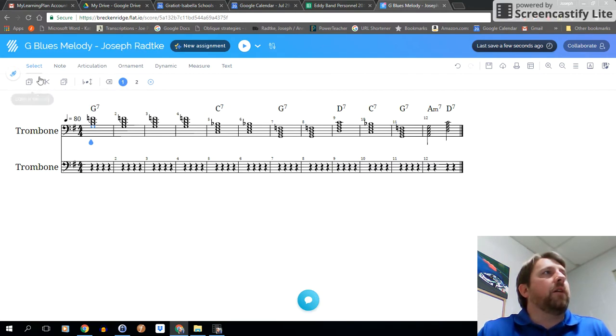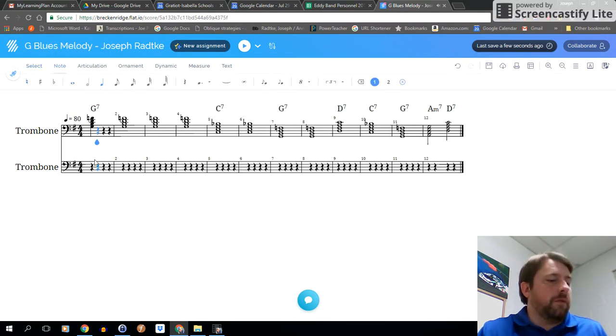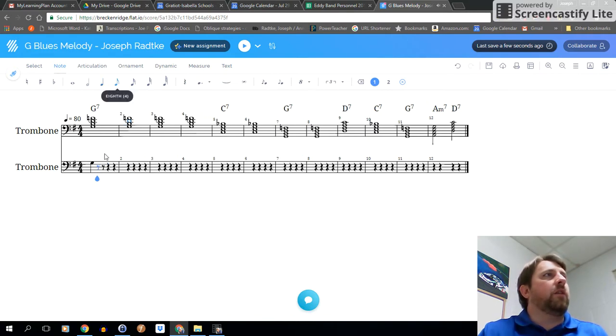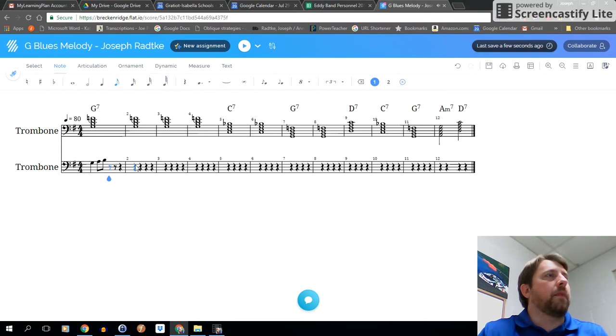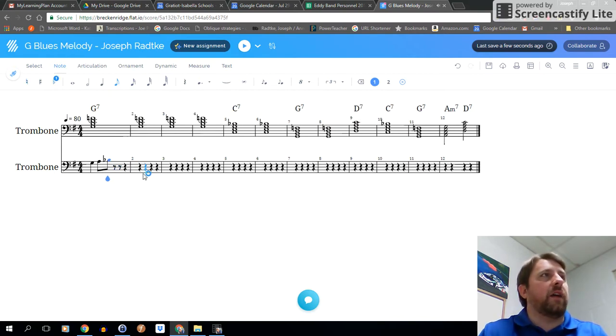So I'm going to write a quick melody, and I think I'm going to start on the root note. So I'm going to choose a quarter note. And I'm going to do eighth notes. And I'm going to use the blues scale, so I'm going to make that a flat. If you look at that blues scale, we talked about that note's flat. Even though there's a natural here, that's the blue note. Do that. And then maybe I'll do an eighth note pickup